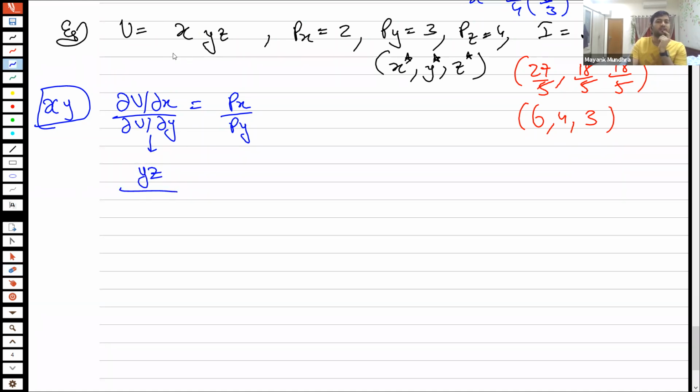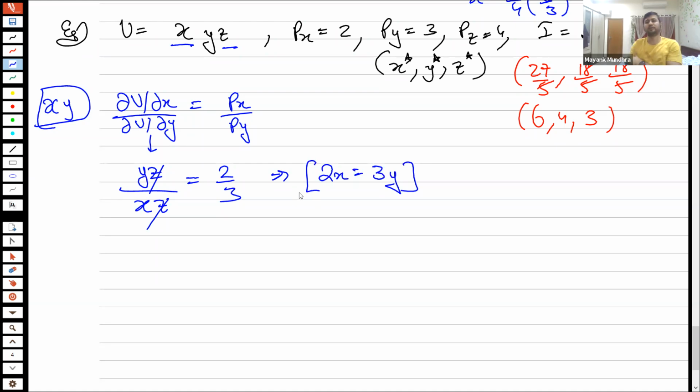Whereas differentiating this with respect to Y, X and Z will remain constant. Okay, and this should be equal to Px upon Py. So that is 2/3. You can cancel out the Z. So what you get is 2x equals 3y. So 2x equals 3y is one of the equations. The other equation